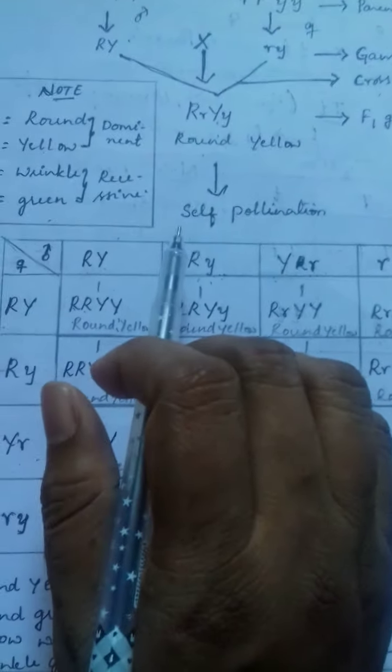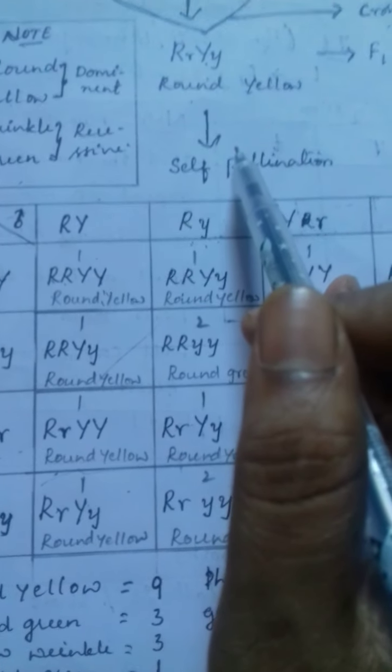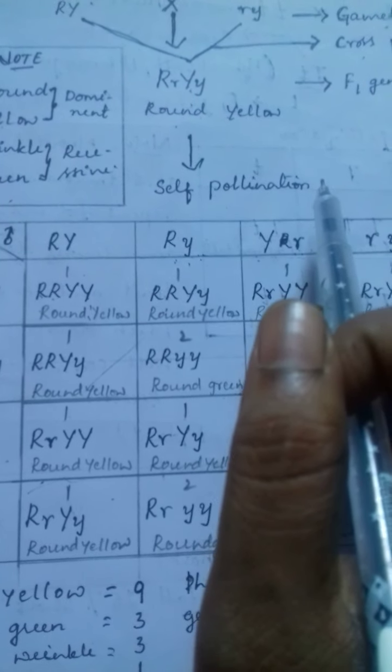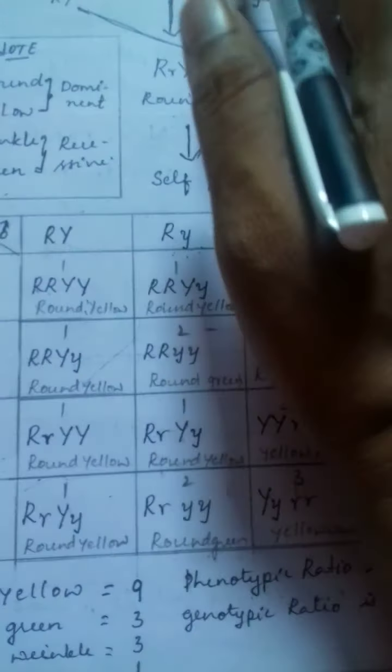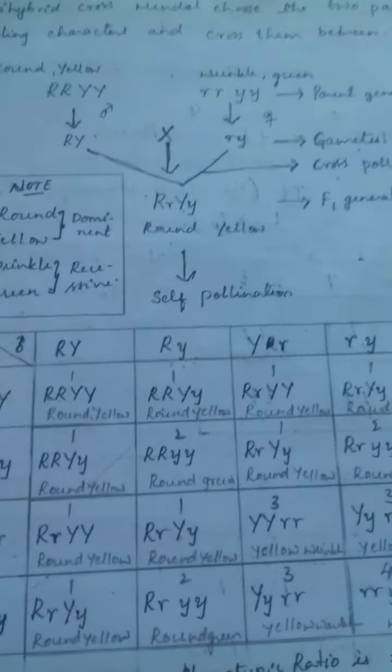This condition is called the law of dominance. So here each and every character, the character we took as a recessive character also became a dominant at one point of time. So this condition is called the law of independent assortment. That means every character independently will be assorted. Assorted means becomes a dominant.